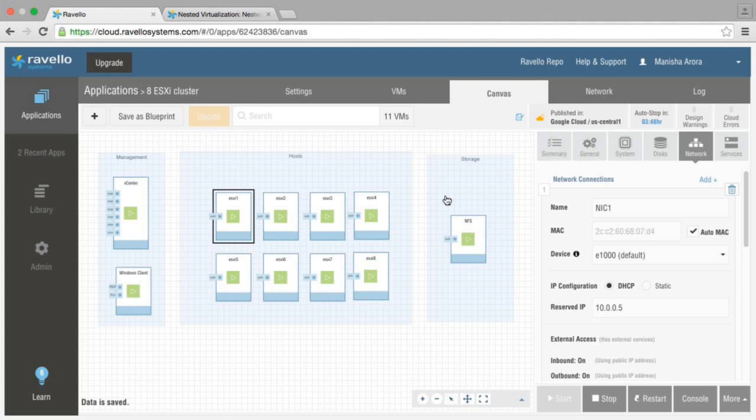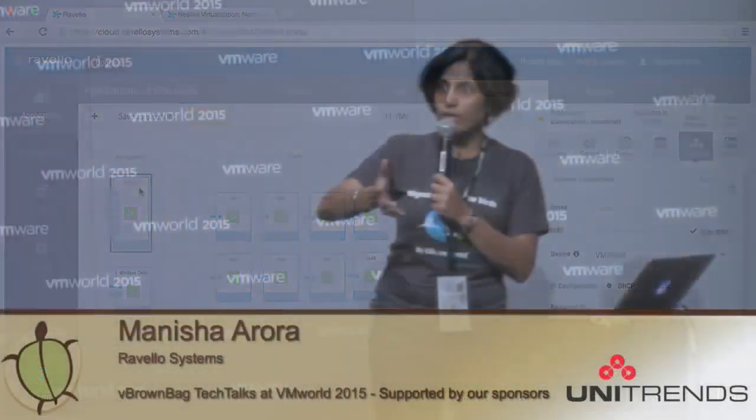Then you can also mimic a shared storage. In this case, we have done that by using an NFS appliance right here. So you have a shared storage scenario. You've got the vCenter 5.5 appliance that you just uploaded, and you're running it. And then I have a Windows box here as well, which is running the vCenter Windows client. So this is your vSphere 5.5 lab available for you, running on top of Google Cloud,